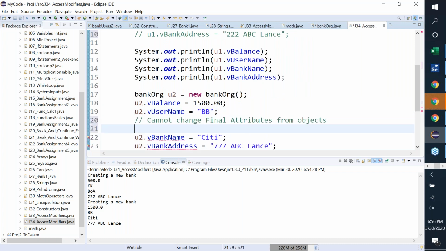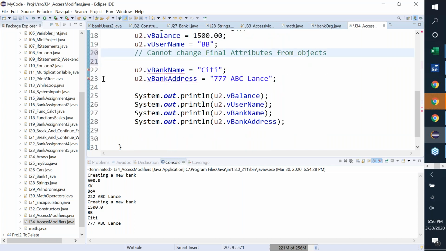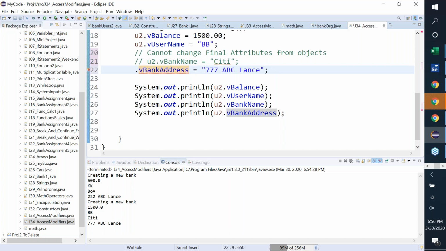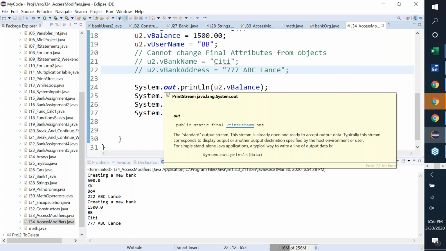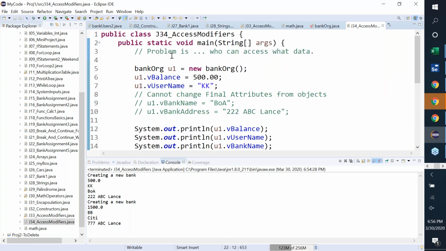I can always access it as long as it is there. So printing that address is not a problem. What is the address of the bank? The issue will be putting information into it. So if it's a final, you cannot put data into it as one of the objects. It is set at the